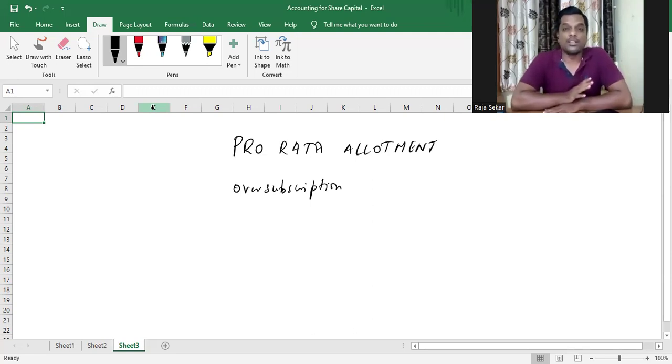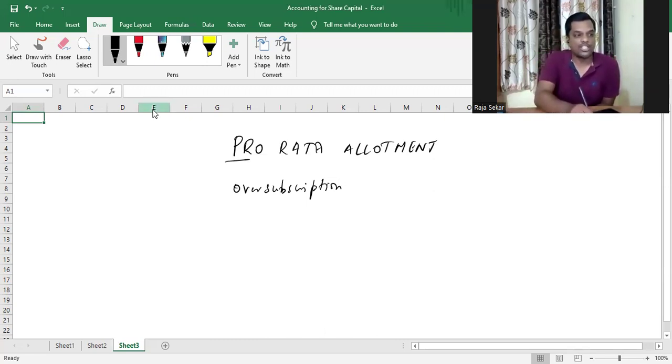Now, how can the company reject, and on what basis can the company reject? There is no rule as such as to how the company is supposed to reject. The Companies Act does not mention that it should be on a first come, first serve basis or any other basis. The Companies Act says that the company at its discretion can reject any application that it wants to reject. But that wouldn't be easy, right? Because how can you decide whose application to reject and whose application you're not supposed to reject? So instead of that, the company, instead of rejecting anyone's application, can go ahead and do a pro rata allotment.